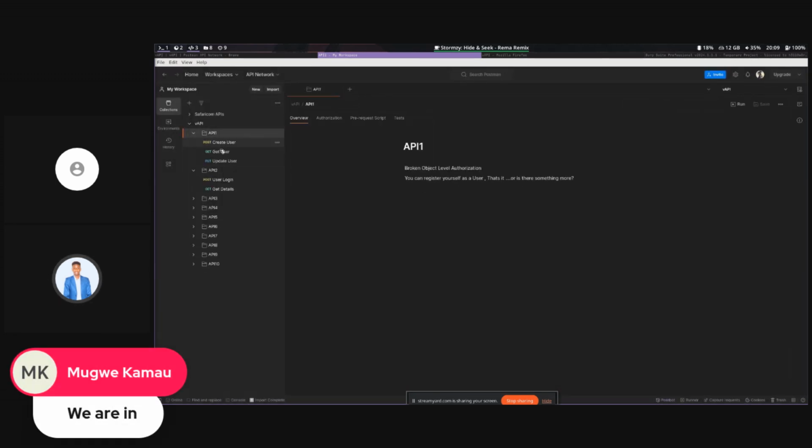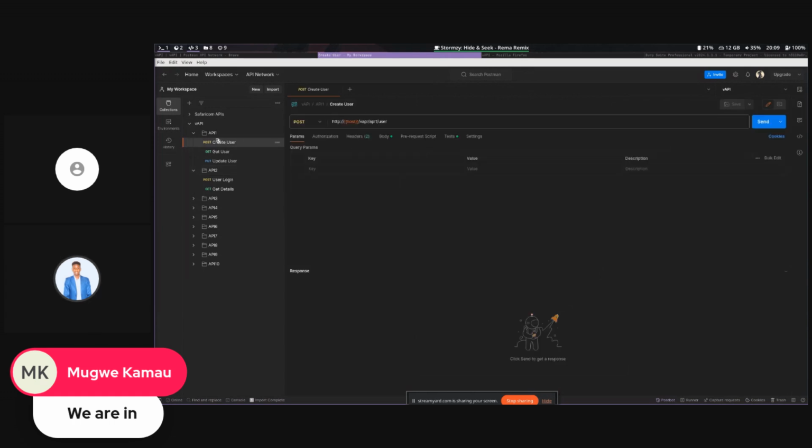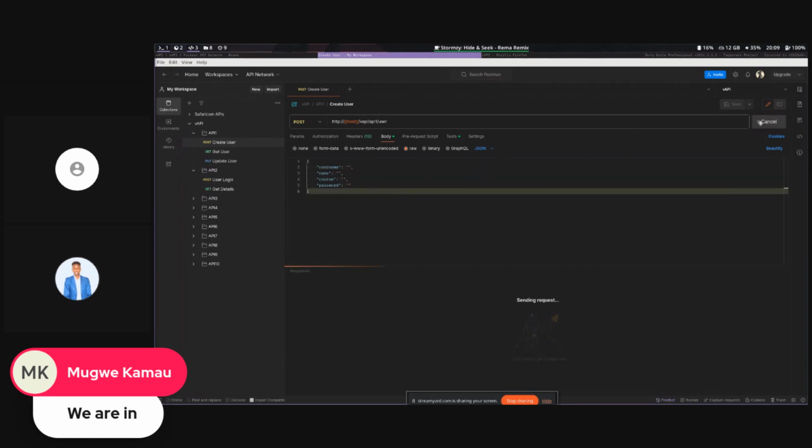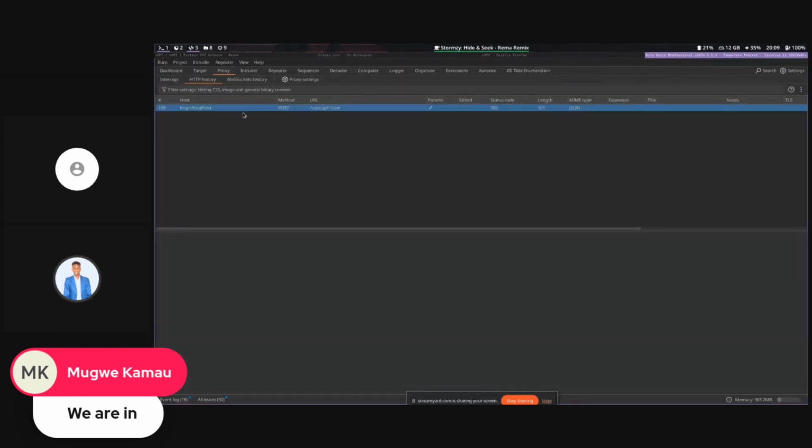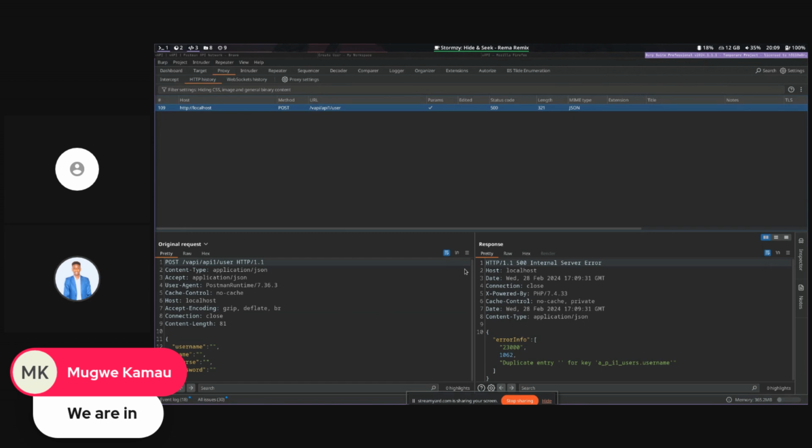So now every time we make a request, let's say to create a user, we're just going to leave it blank. We just want to see whether we're able to see this in Burp Suite. So we're going to send this request. Okay, duplicate key, because it's just blank. So in Burp Suite we're able to actually see the